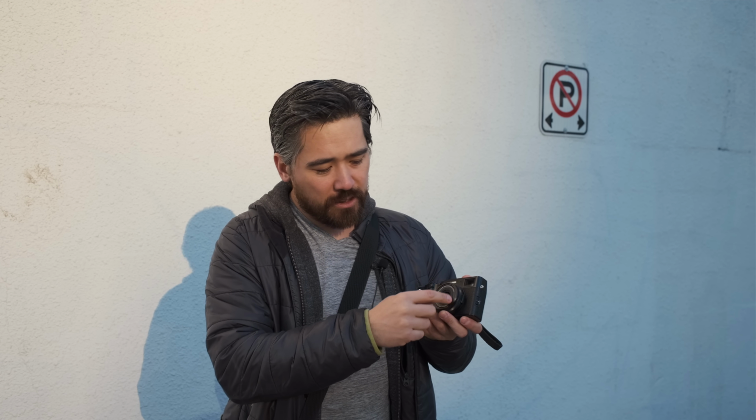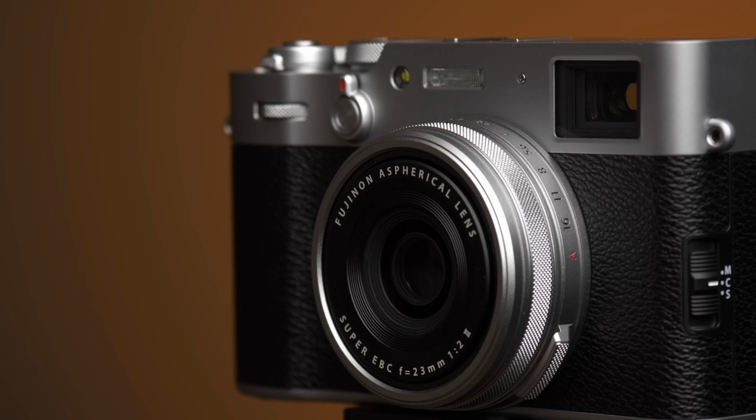However, there are some issues you do have to keep in mind. The front of the lens, where it focuses in and out, that cannot be sealed, unfortunately. So, although you do get to use all the same accessories like the wide angle converter, the teleconverter, the lens hood adapter, filters, all from the older X100 series, you do have to put those on there to complete that seal. So at least a UV filter in front or one of the converters,